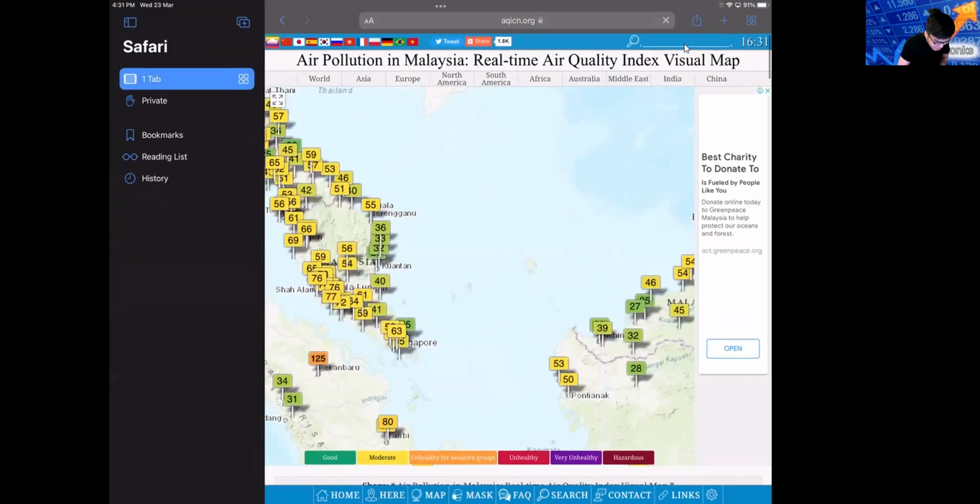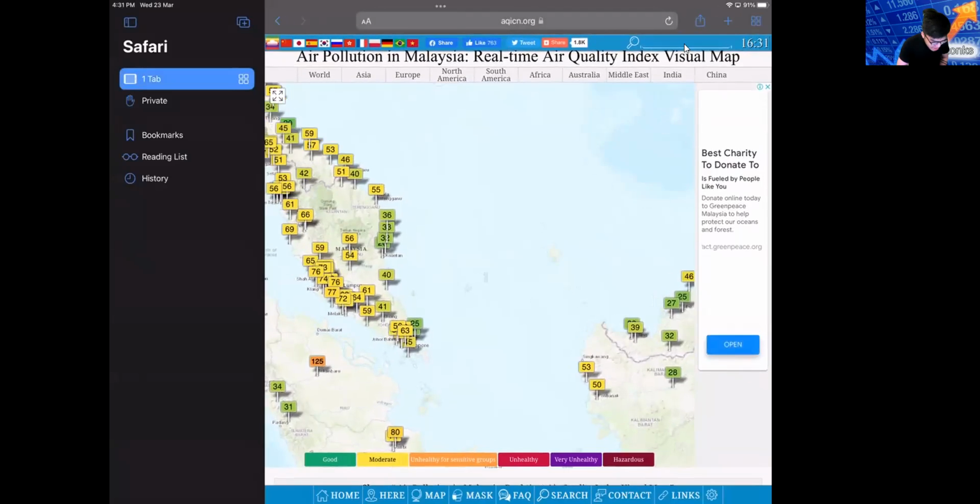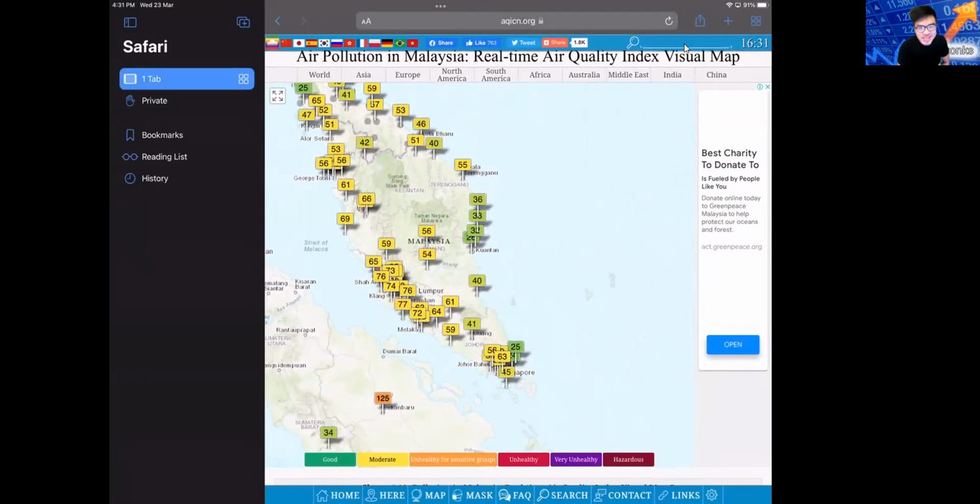As you can see, okay. You see, why is it yellow already, sir? Usually it's green one. Okay. Back when, a few months ago, when it was rainy season, it was green. Can you see it's coming to 50, 70 already? You must say, sir, why is it yellow now?